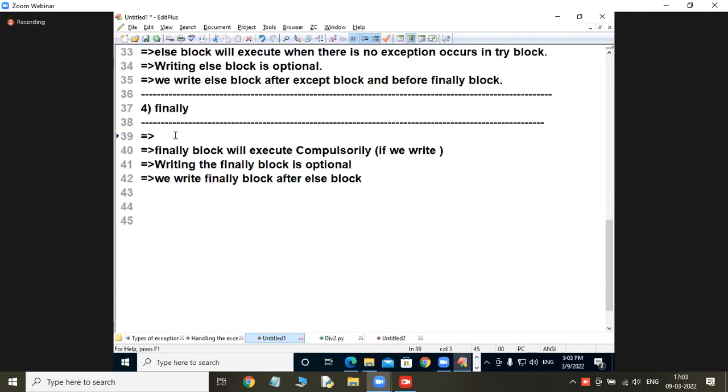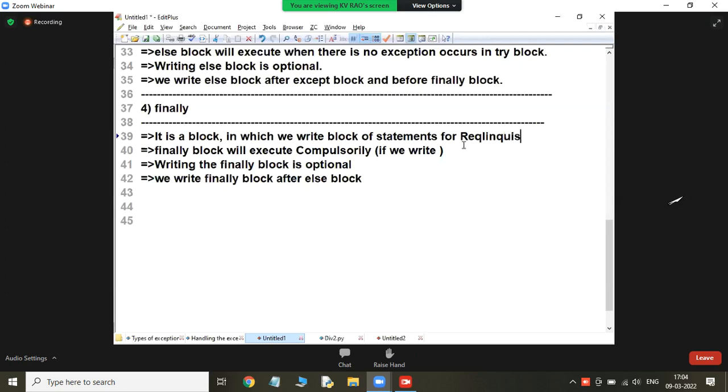Tell me, it is a block in which we write a block of statements for closing.